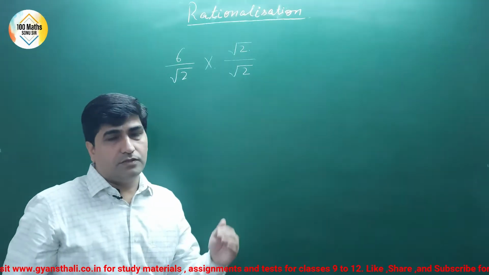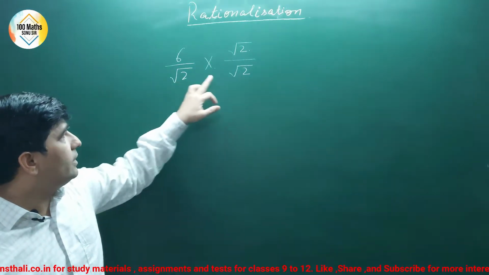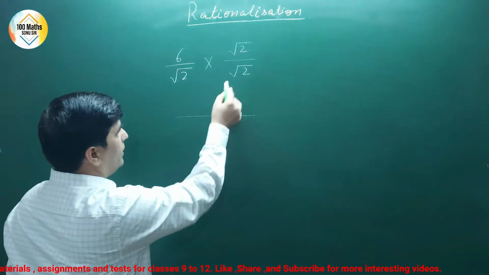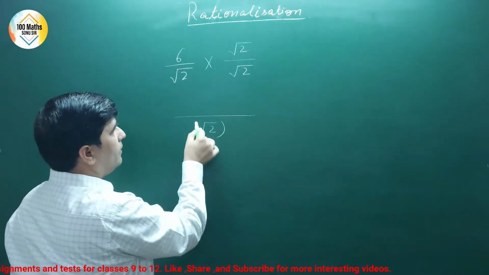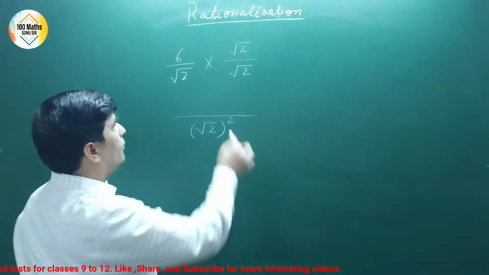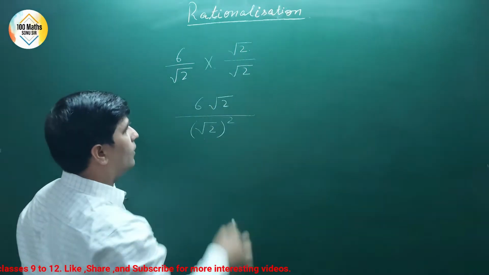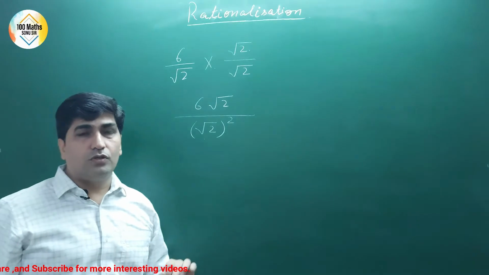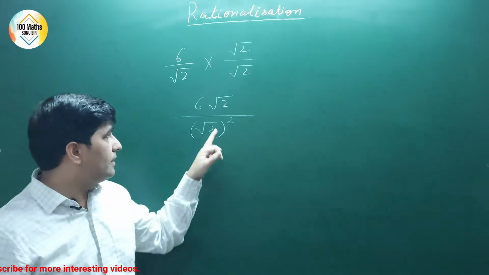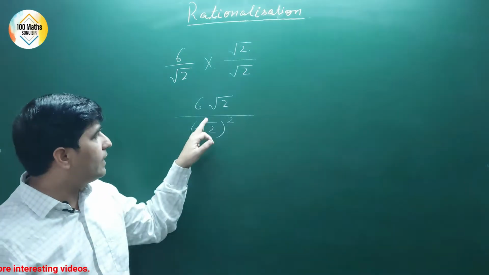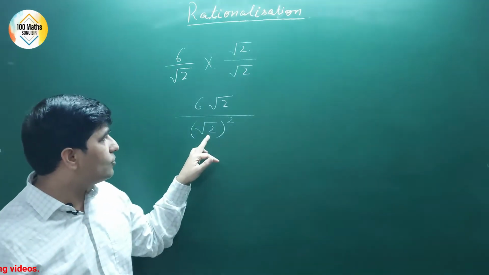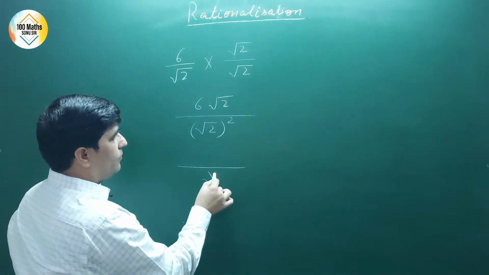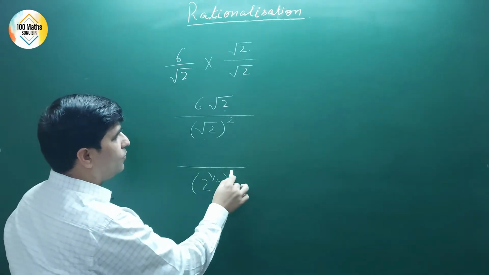So what happens when we do this? You look at the denominator, right. Denominator is coming √2 square, 2 times, right. Numerator will be 6√2. Now look at this expression √2 square. Do you know what is the meaning of √2? Means how much power of 2 is this √2, right. Root sign contains power half, so it is actually 2 raised to power 1/2. So this we can write as 2 raised to power 1/2, and then we have power as 2.